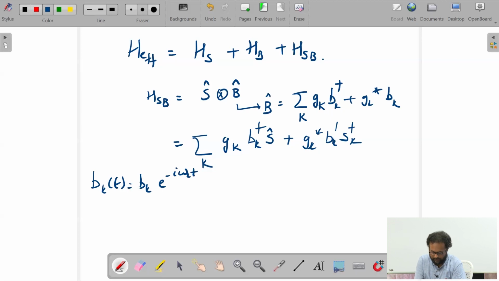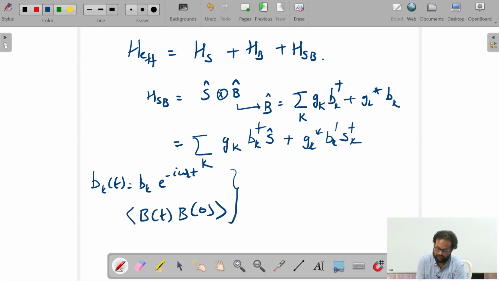Has its own evolution. Overall, at the end, the way to deal with it, if I have this bath operator, usually you calculate the time correlation of this bath interaction parameter, which gives you access to everything else. And it can be shown, I'm not going to show this now, it can be shown that in the continuum limit, this leads to a bath correlation function of this form. The reason I'm writing it down is because it gives you access to an important parameter,